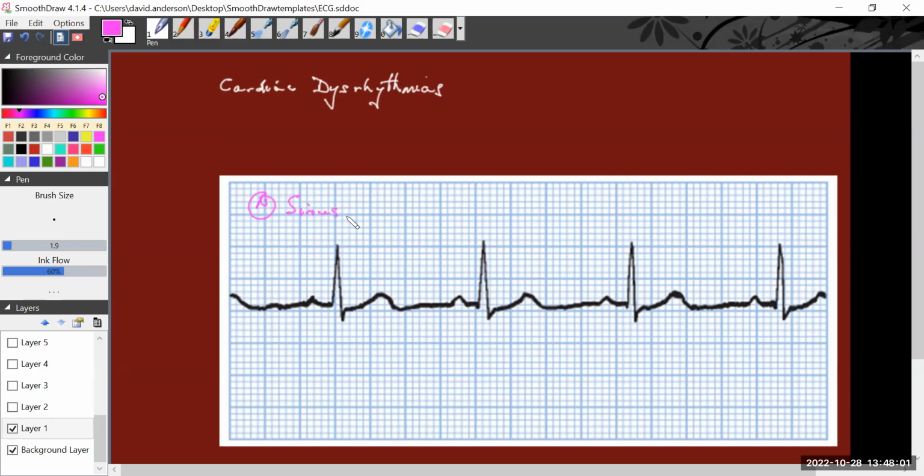So remember that our pacemaker was called a sinoatrial node. So that's where this sinus rhythm terminology comes from. And we identify the electrical activity in the heart as atrial contraction followed by ventricular contraction. This raised area here is called the P wave, and followed by the QRS complex, which is ventricular contraction, and then repolarization of the ventricle is the T wave. Then we have a space, and we repeat atrial